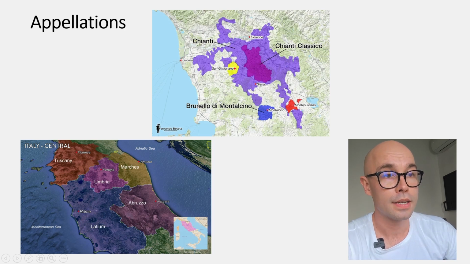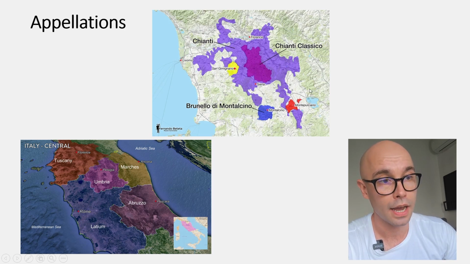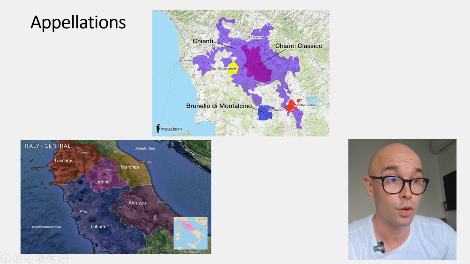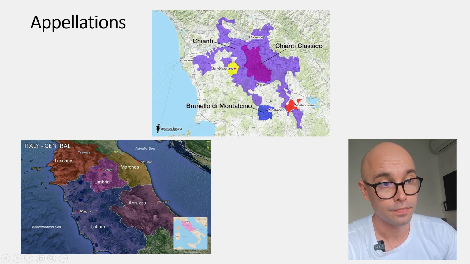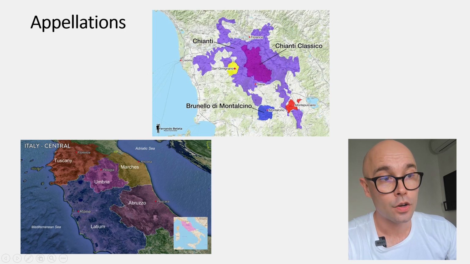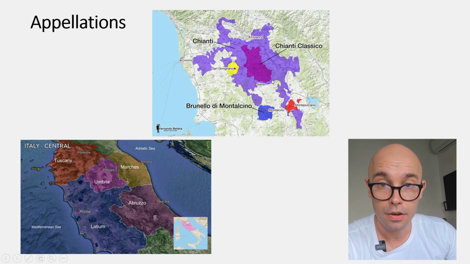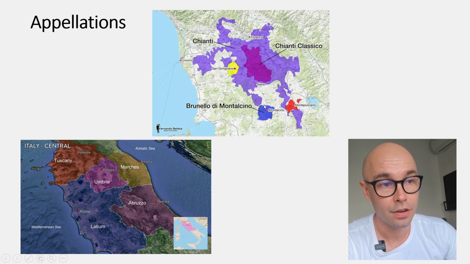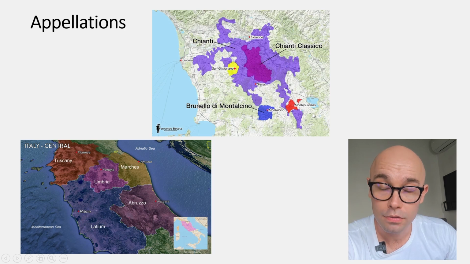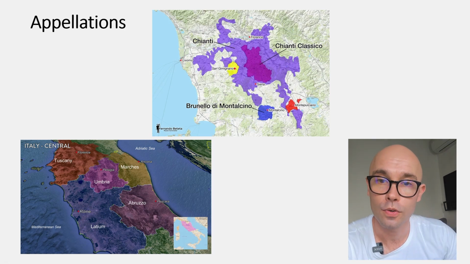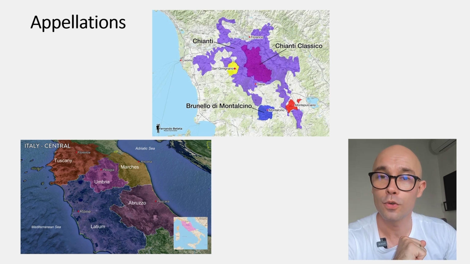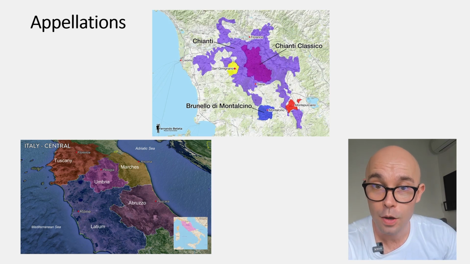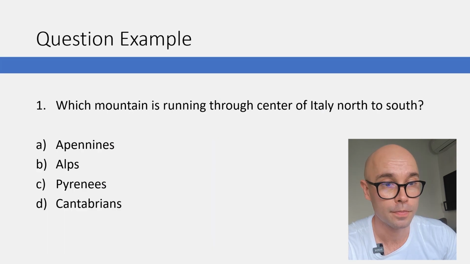Here on top, you can see the appellation of Chianti. So Chianti, basic Chianti, is all this light blue color. Chianti Classico is this central purple area. Brunello di Montalcino is here in the south. And this is Montepulciano, which is not the appellation that you need to know for level 2, but just for you to not confuse Montepulciano town in Tuscany with the Montepulciano black grape in Abruzzo.